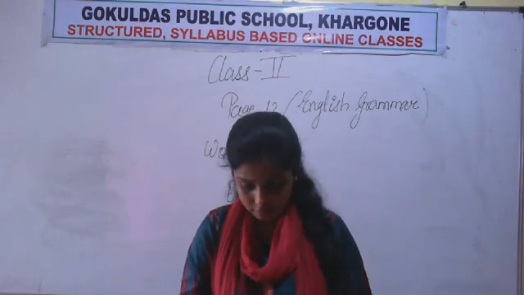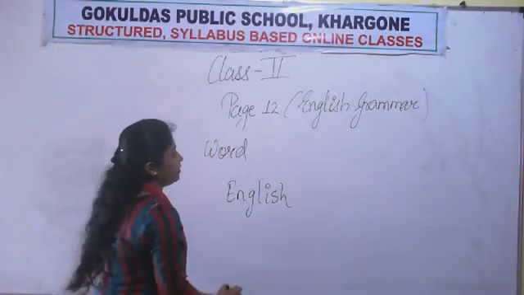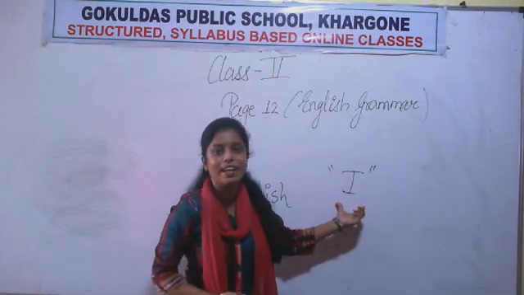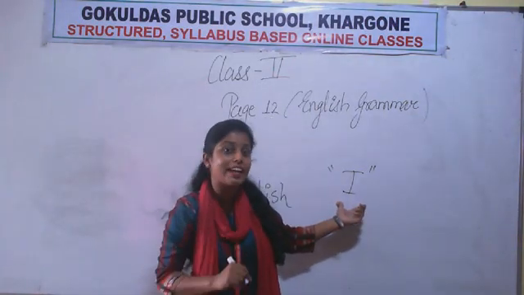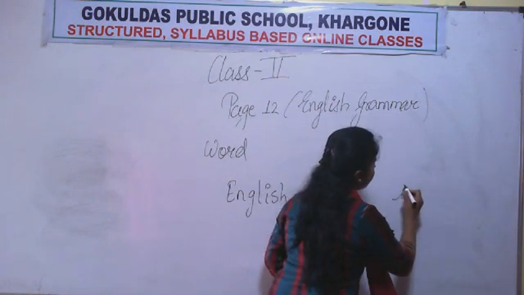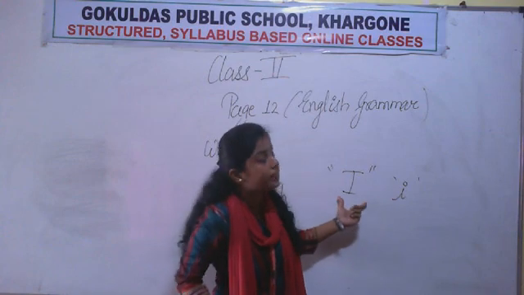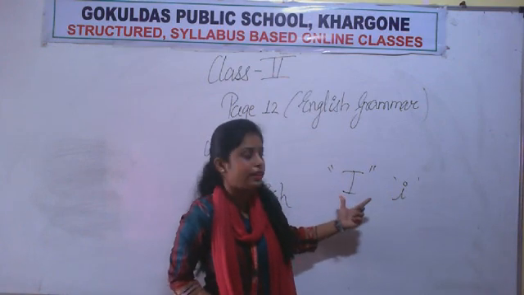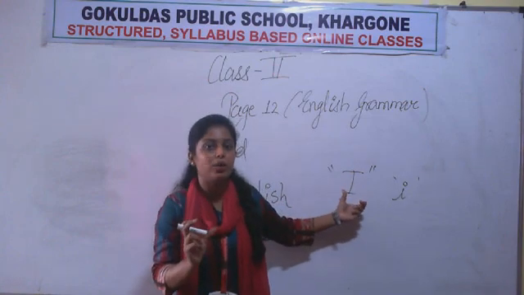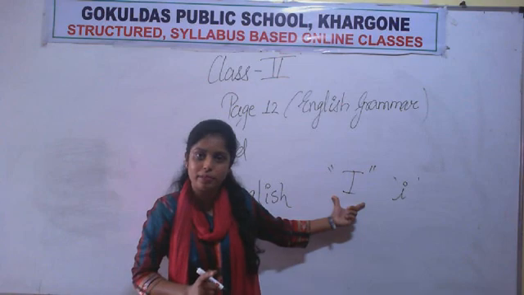And yeah, we had studied about a special word, that is I. I is a word that is made by only one letter, that is the letter I. And yeah, I is also a word. I is also a letter when we write it in small. The small i is a letter and the capital I is a word. Okay, it is always written in capital. जब I सिर्फ single होता है, अकेला होता है, तो we write the I in capital always. हमेशा इसे capital में लिखते हैं. Okay.